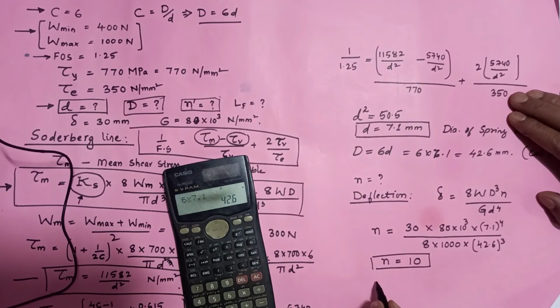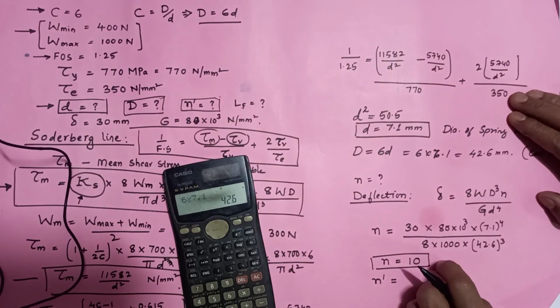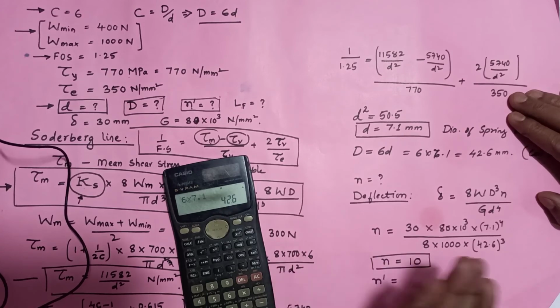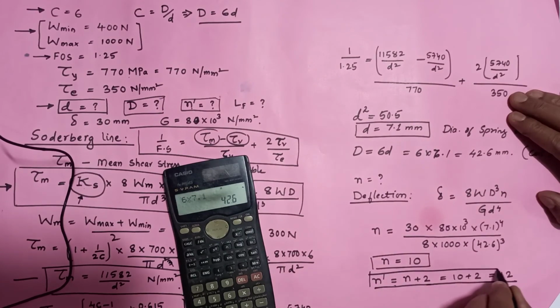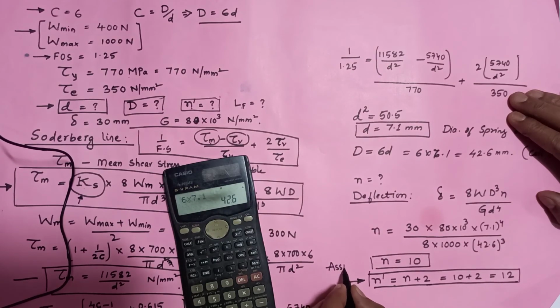To calculate the number of total active turns, you have to assume the ground level of the spring. Let us assume this is a square ended ground. So from the equation it will be n plus 2 for that. So 10 plus 2, you will get around 12. The number of active turns is 12. You can refer to the table for this, based upon your assumption, you can choose the